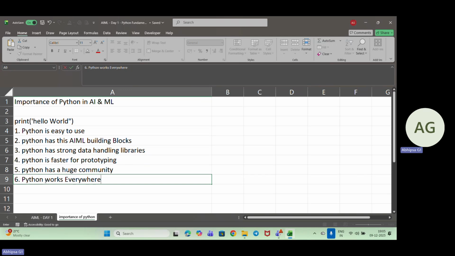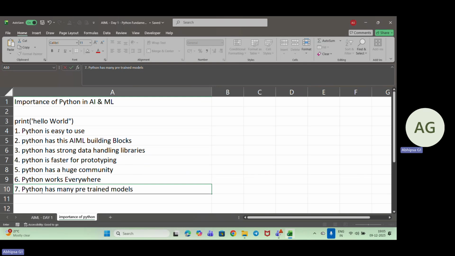Next, Python has many pre-trained models. That means Python provides pre-built AI models for face recognition, object detection, and speech recognition.